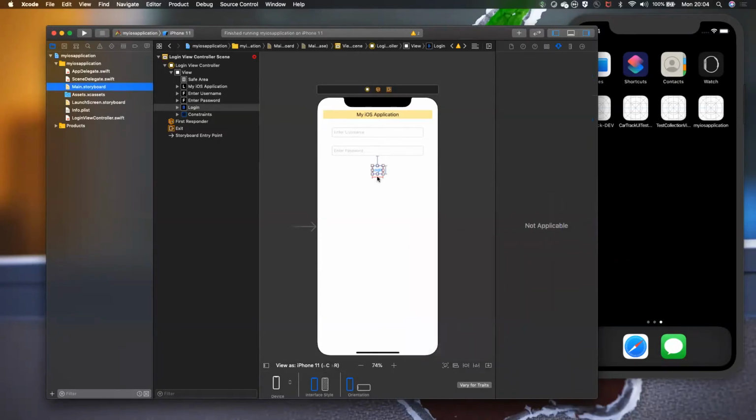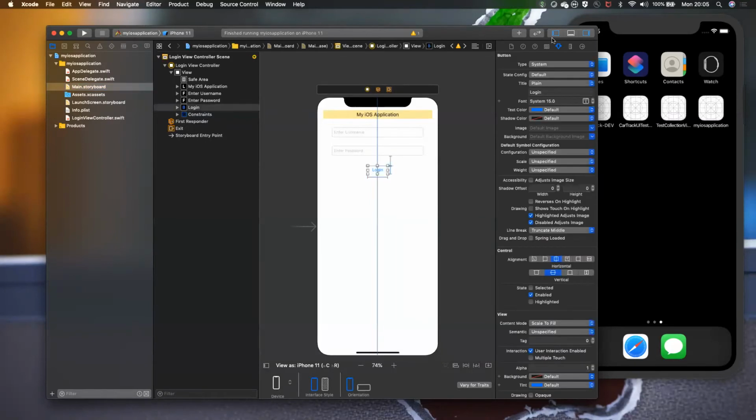Now you can see that it is in red, which means it is an error. So it definitely needs an X position. For that, we can select the first align option, and set only horizontally in the container, so that it will take the center position. Whichever screen you go to, the login button will be placed in the center.